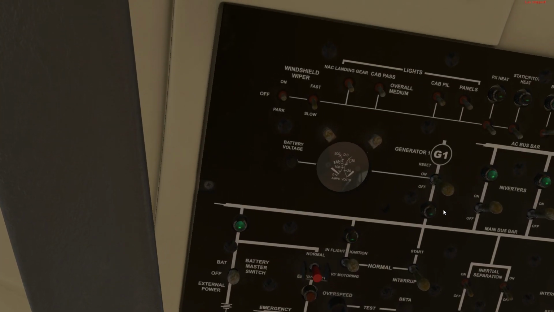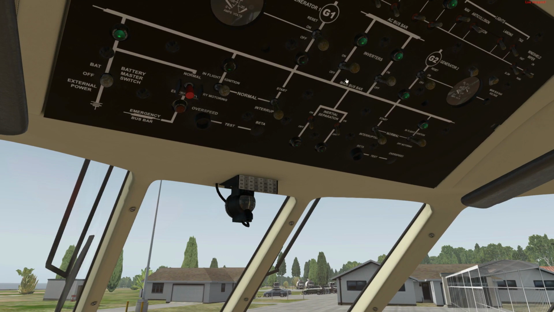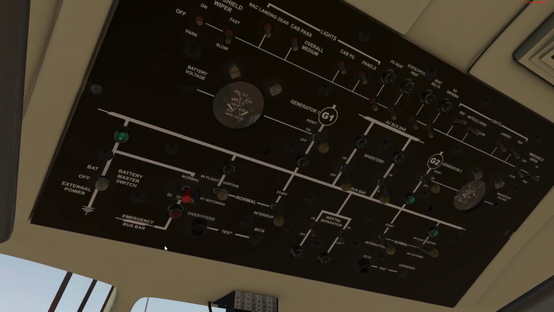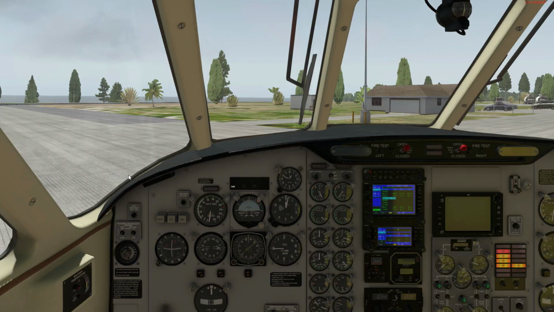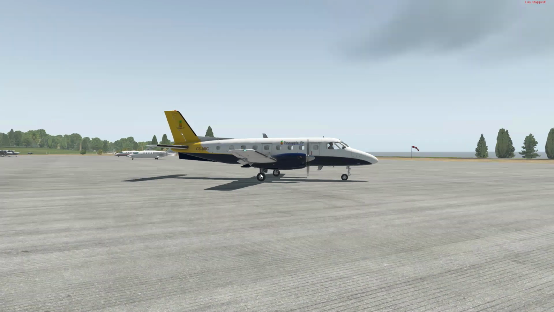Okay, I'm going to, the inverters can come off. Seatbelt, no smoking signs can come off. Let's just leave it there for now. If you notice, I've actually kept the plane running. And I've done this because in Eleuthera,